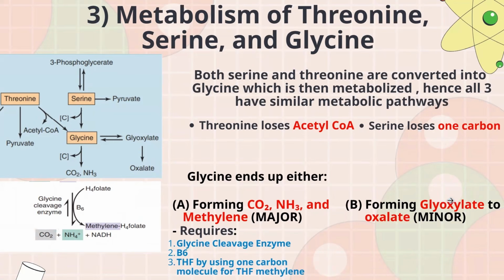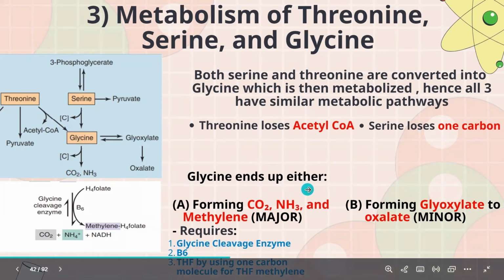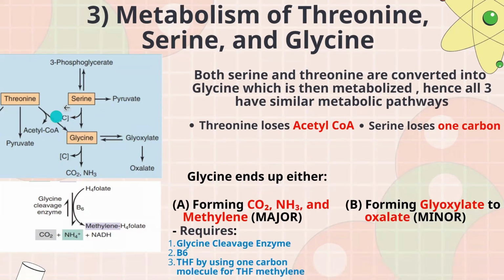If we have a lot of glycine in our body, and we talked about why we need to remove glycine and glutamine, right? If you remember benzoate and all that, during the deficiencies of the enzymes in the urea cycle, why do we need to remove glycine? Glycine will contribute to the formation of glyoxylate if we have too much of it, right? Because this is the major pathway. So if you have too much of this, there's going to be too much CO2 and NH3, right? But there will also be too much glyoxylate.